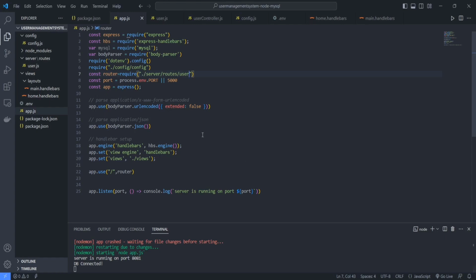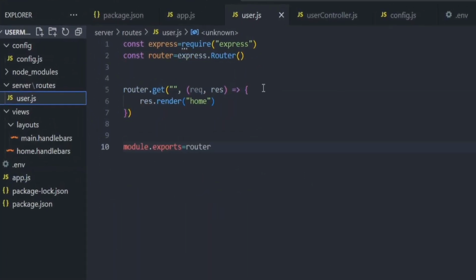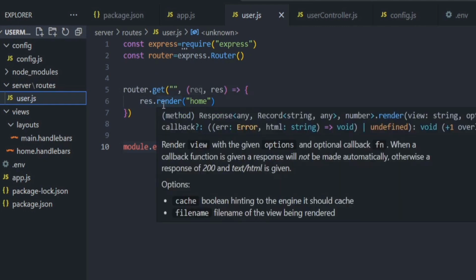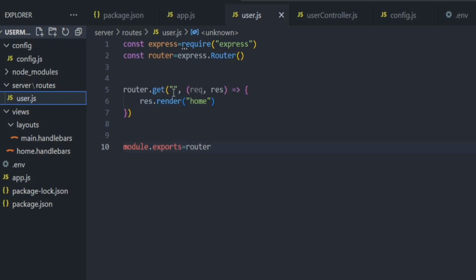So what we have done here is, inside this user routes file, first we simply require the express module, and after that we simply copy the express.Router method into a router variable. Likewise, where app.get was, we are simply writing router.get, and here we give a particular route, which is the root route, and after that a callback function, and we can simply render the home, which is this particular file, and after that we are simply exporting